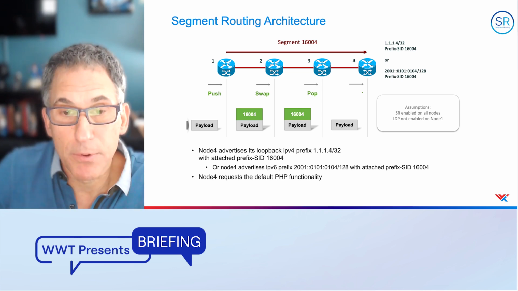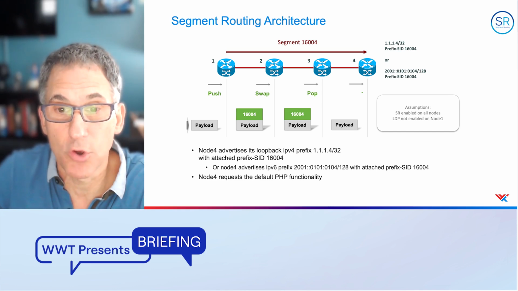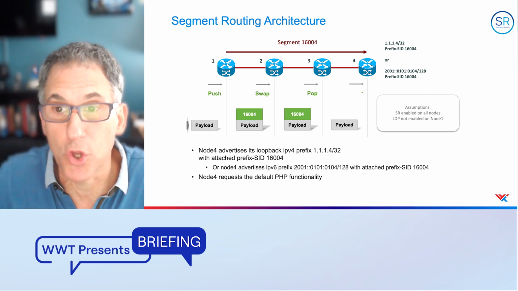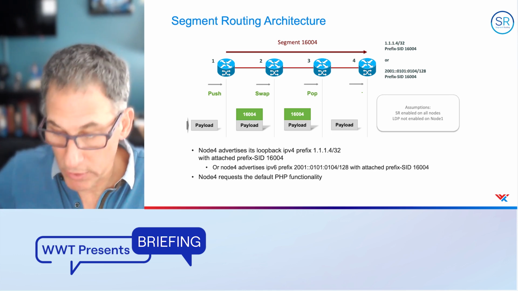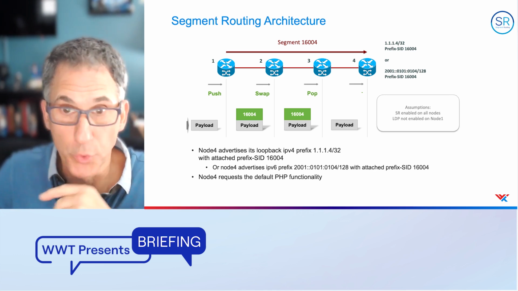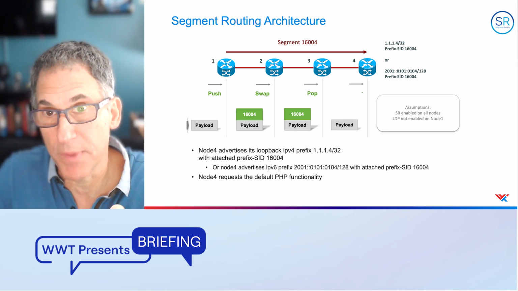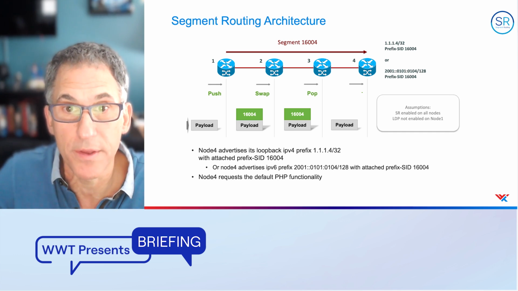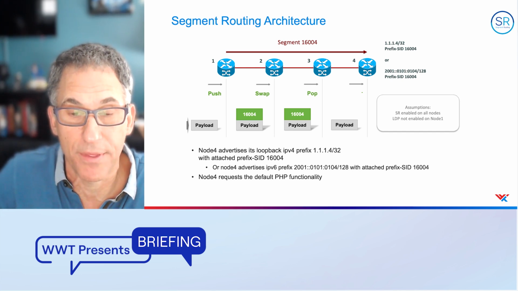So you send the label of 16,004 through the network. And if you notice, that label value is not changing. So when you're troubleshooting this in an MPLS or an SR-MPLS network, it's very easy because you're expecting to see 16,004 throughout the network. You don't have to go to each router, look up the dynamically created label values, write them down, and figure out what your label is all the way through the network. Or do a trace route and try to record them. So here, we're seeing the same label value being forwarded through the MPLS data plane. The only difference is the label has been statically assigned by router 4 and propagated throughout the network, instead of dynamically assigned by all the routers along the path.